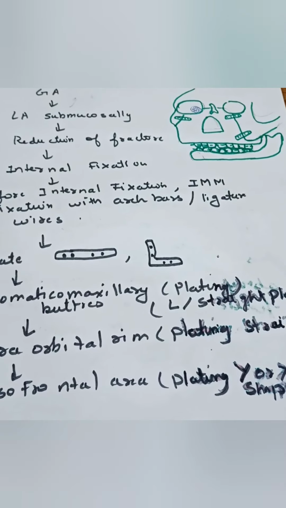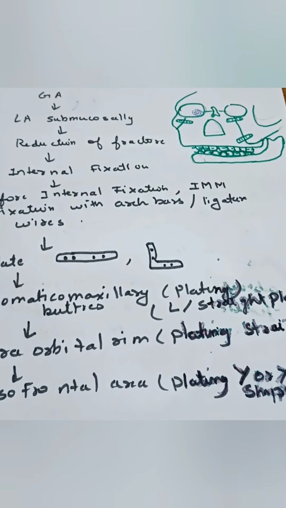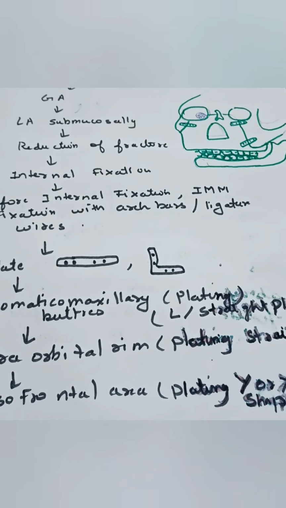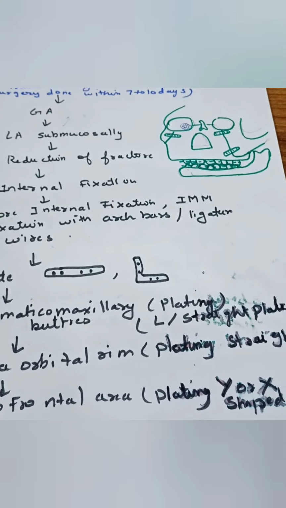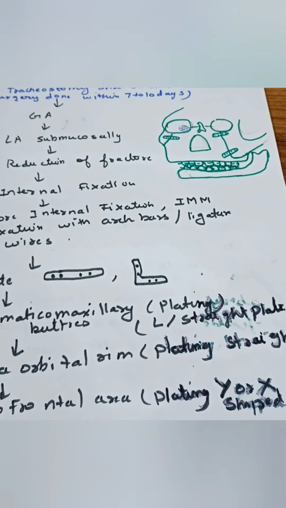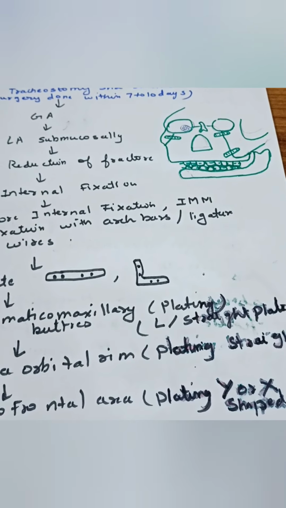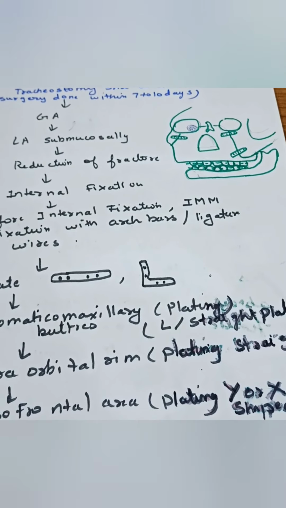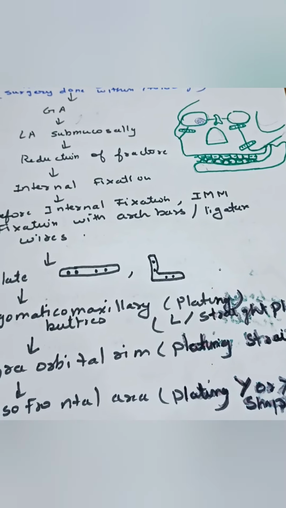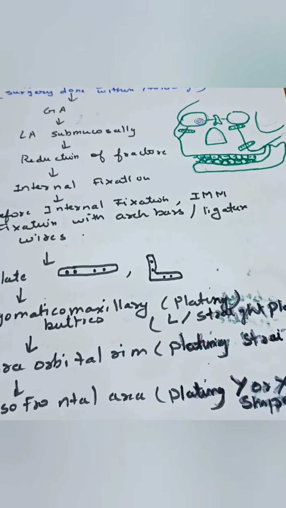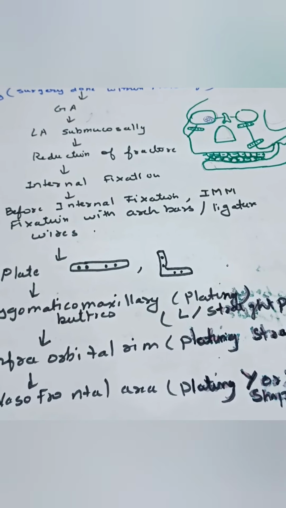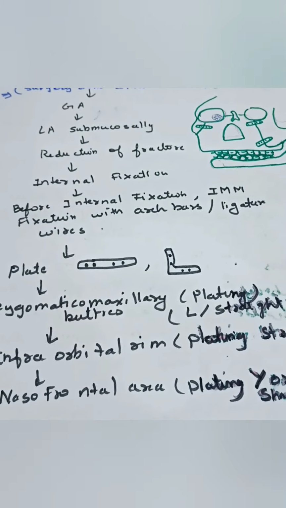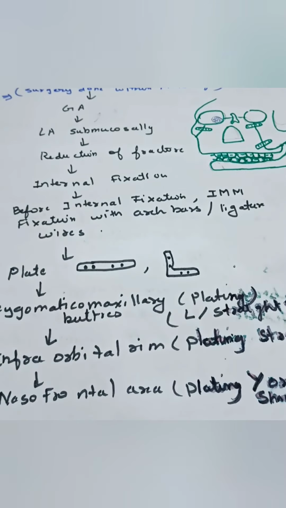So, closed reduction for Le Fort 2 fractures is done where the patient can be treated with closed reduction alone, or where surgery is not possible, or the patient is not able to undergo it due to some medical emergency and general anesthesia cannot be given. There you have to do closed reduction for the patient. So in such cases, you have to, with the help of forceps, disimpact the fracture site.